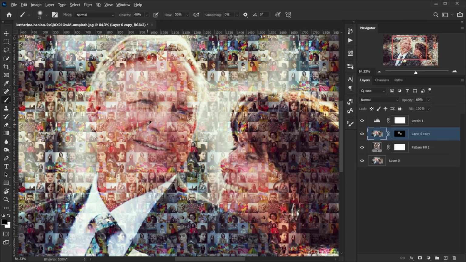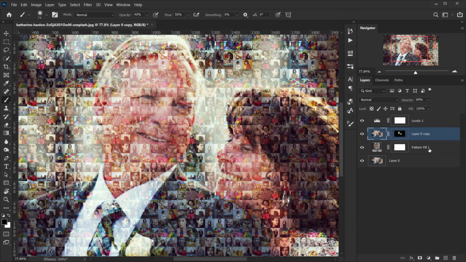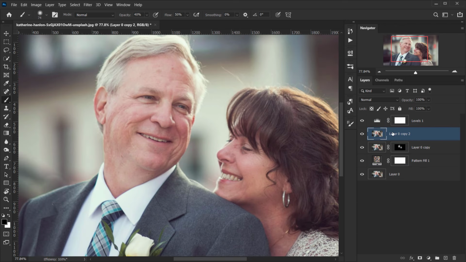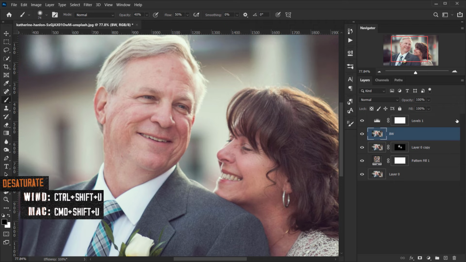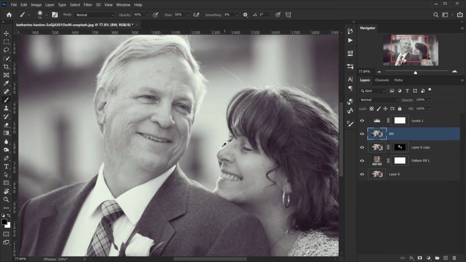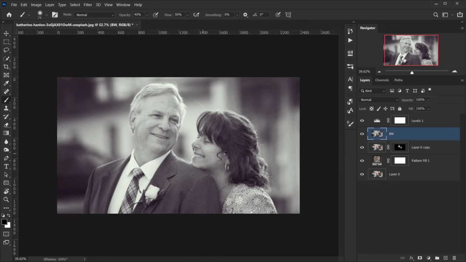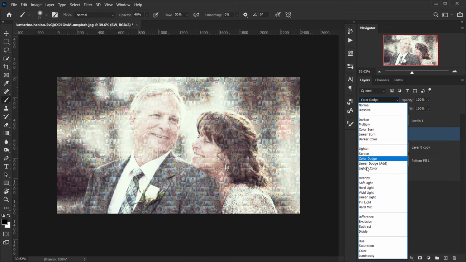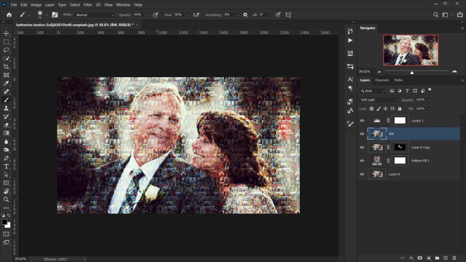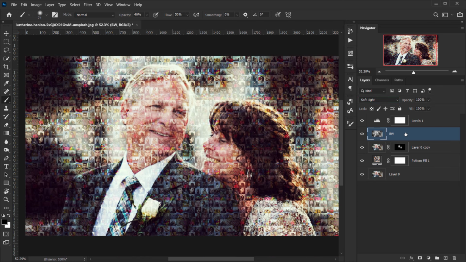The other thing that I want to do is make another duplicate of the original image by pressing Ctrl or Command J, and make sure that you are selecting the image. Then I will take this copy and put it on top, and I will call this black and white. After that I will change it to black and white by pressing Ctrl Shift or Command Shift U, and this will desaturate it. After that I will change the blending mode to soft light, but I will actually open the